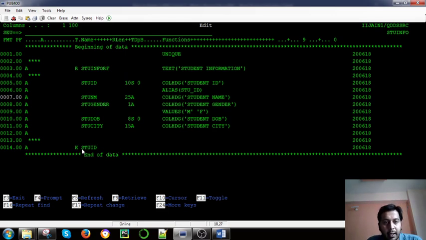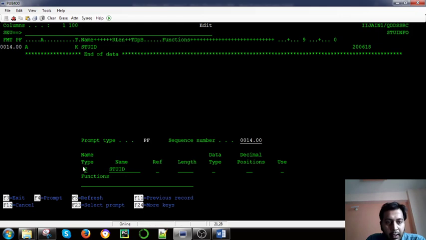Here we can take F4, and we need to declare the name type key field, and you can give an ID. A key field is how you want to access the data. For example, we have multiple records, and you want to see them in decreasing or ascending order, we can use these keywords.